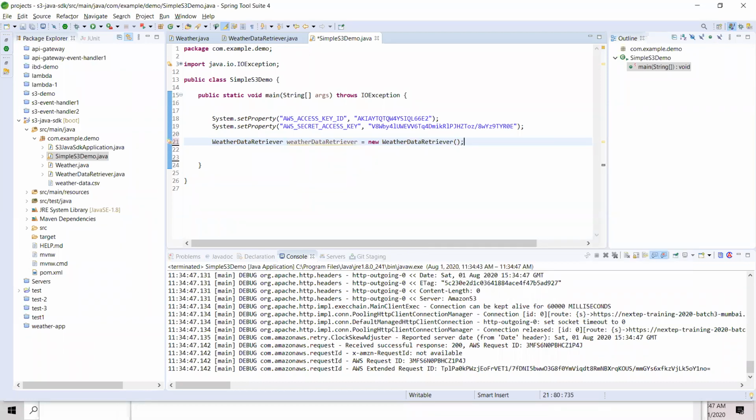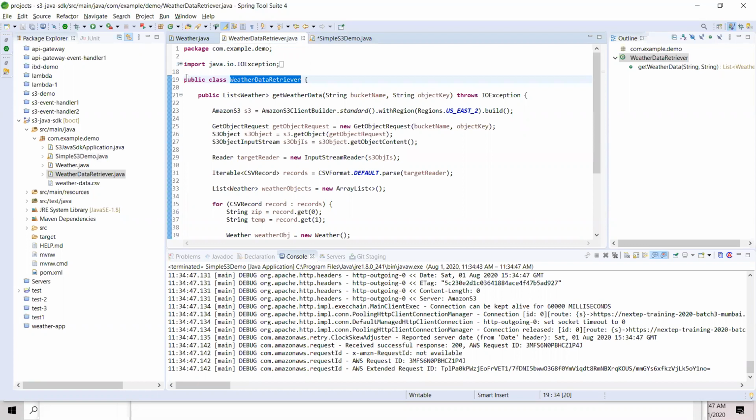I know I'm not using any Spring injection because I'm using a simple main method here. If you want to expose this as a REST service, then wrap it with a Spring service, and you already have a WeatherDataRetriever. Just put an @Component wrapper there, and then inject that into your REST controller, piece of cake, right?